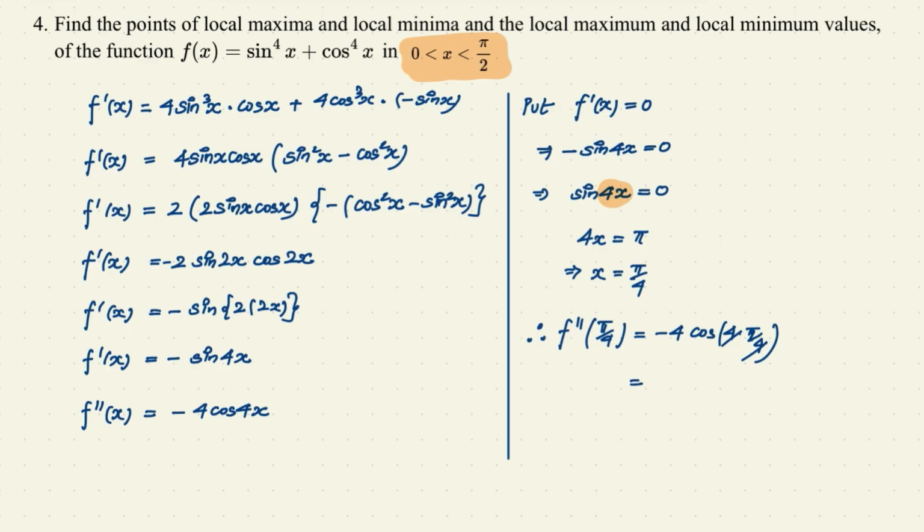So it will be equal to minus 4 into cos pi is minus 1. So this will be equal to plus 4, which is greater than 0. That means x equals pi by 4 is the point of local minimum. Therefore x equals pi by 4 is the point of local minimum, and the local minimum value is,